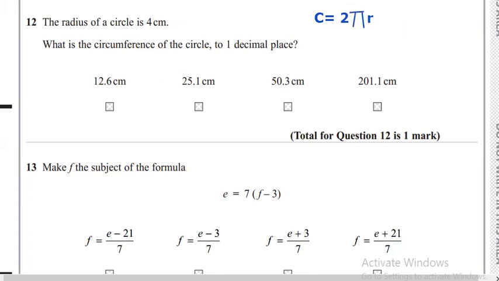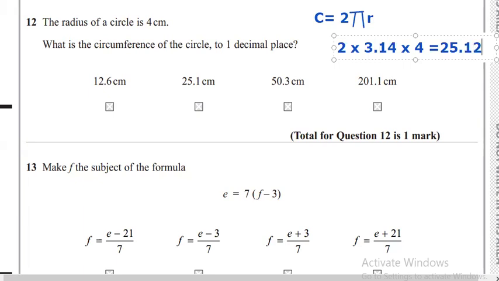So first, we know that the circumference is 2 pi r. So 2 times 3.14 times r, which is what? Very good. The radius is 4. So multiply it by 4, and we will get the final answer for this question. And then we round it to one decimal place. So first, 2 times pi, which is 3.14, times r, which is 4. And I have